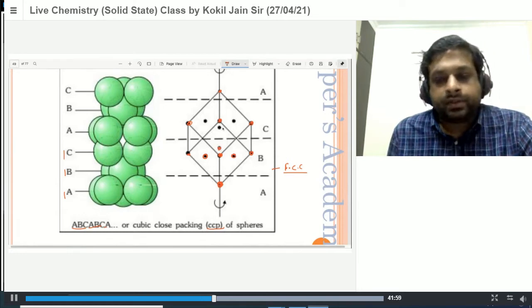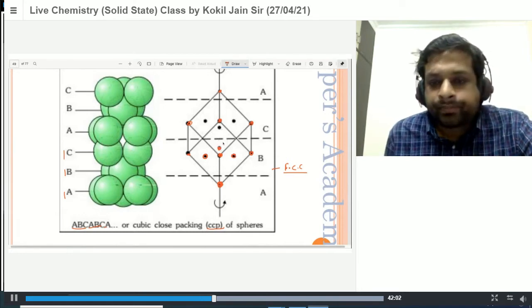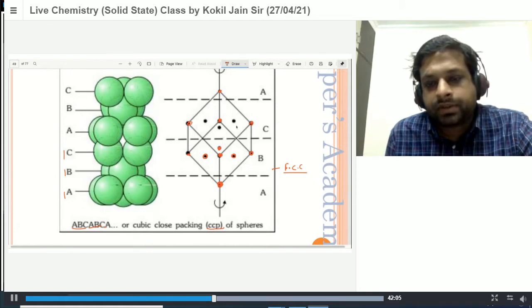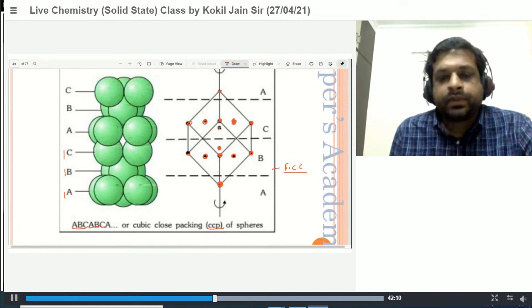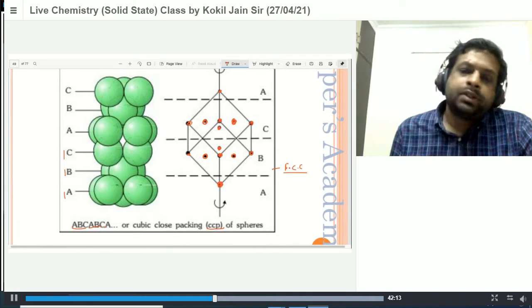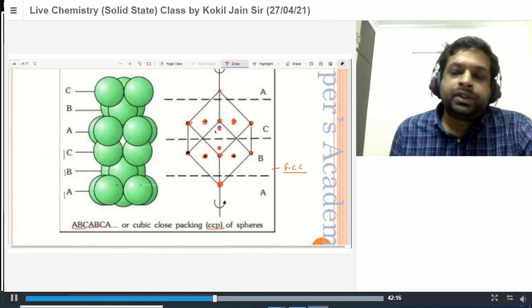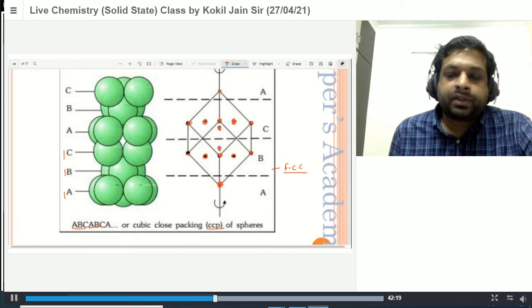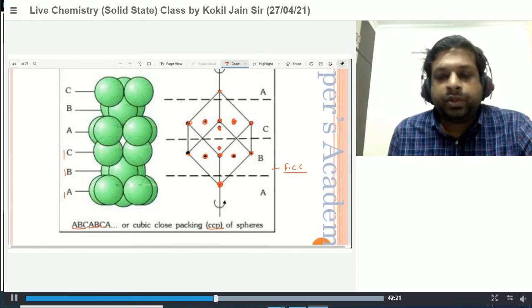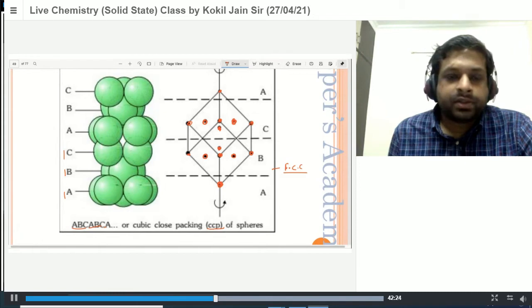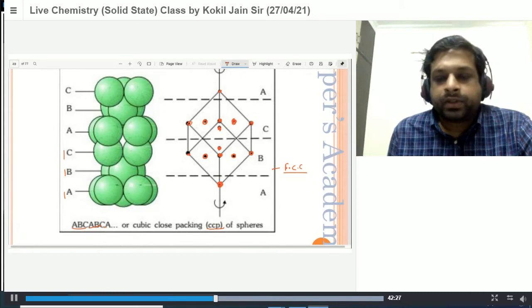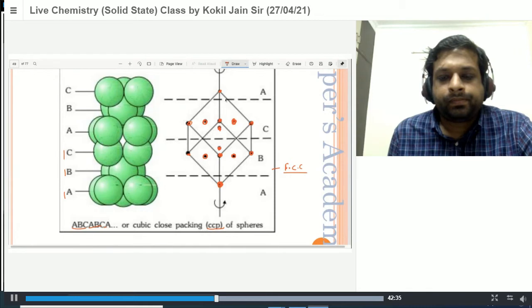Now I'm going back to the earlier diagram. Did you see this A position here? On the A side, I am going to put the next sphere. Let's say this is red color. I am going to put it on this type of side only, the A side only. I hope you understood this one. This is our next sphere. Similarly, the next sphere would be this one here. Connected.